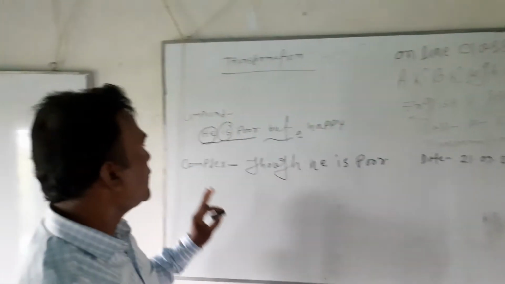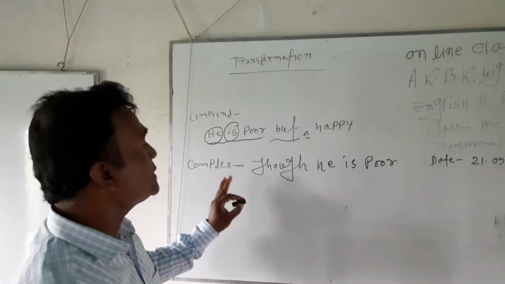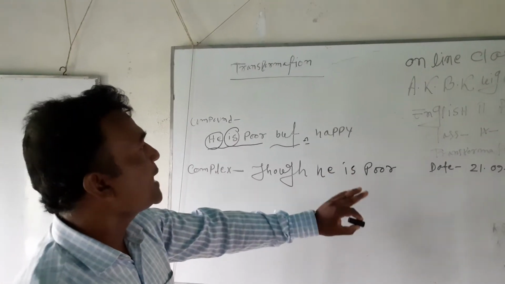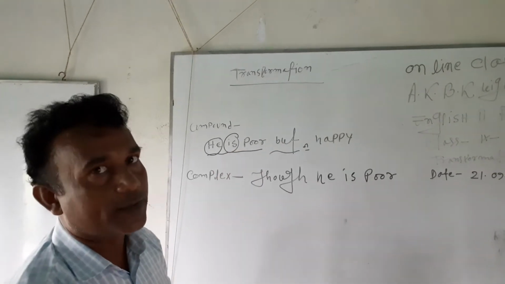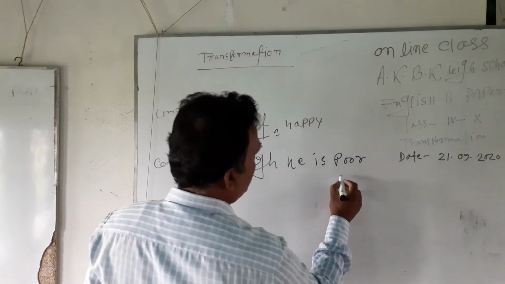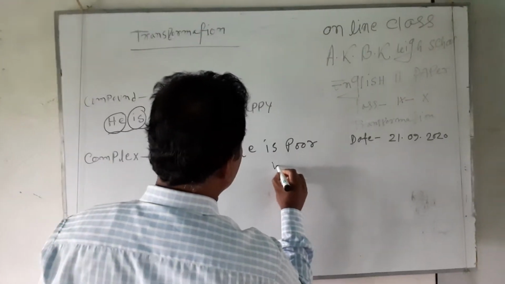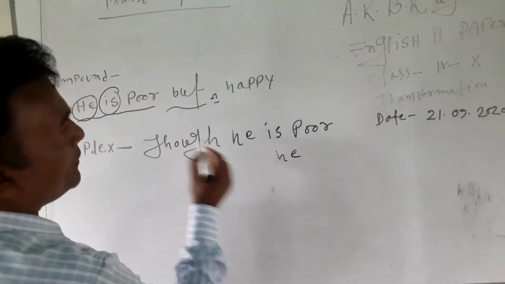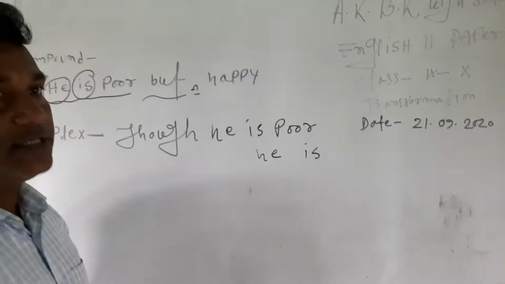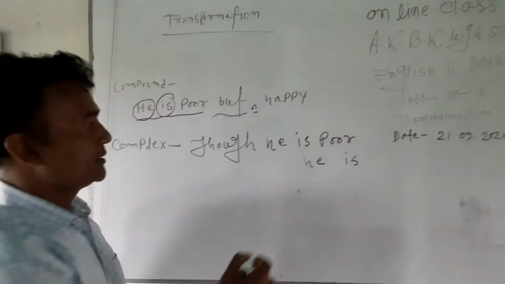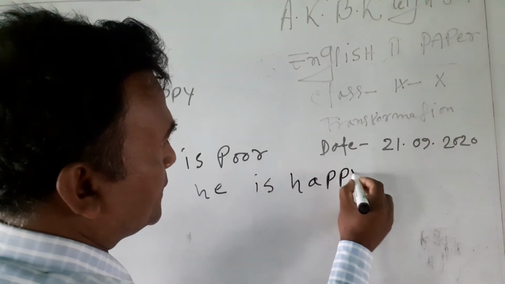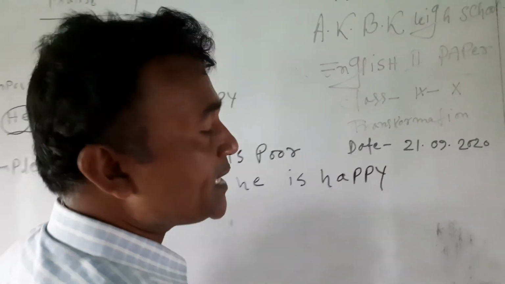But when we change this sentence into a complex sentence, you must write the subject and the to be verb. So here the subject, he, and the to be verb is. Then the adjective happy. So dear students,